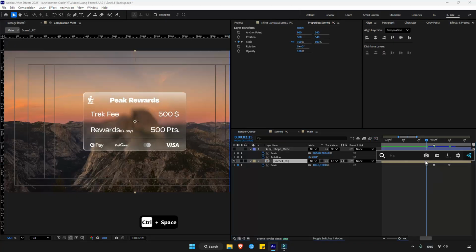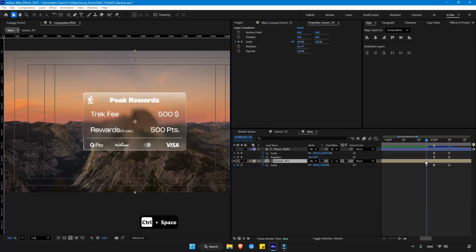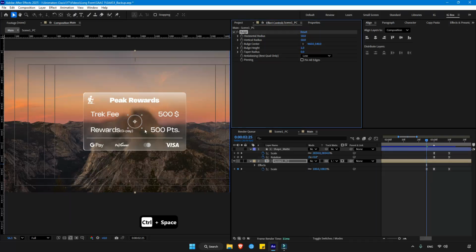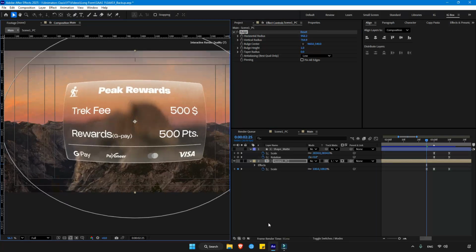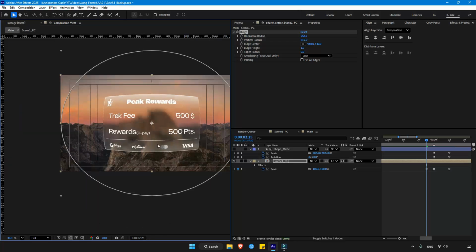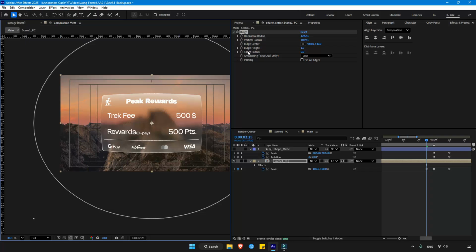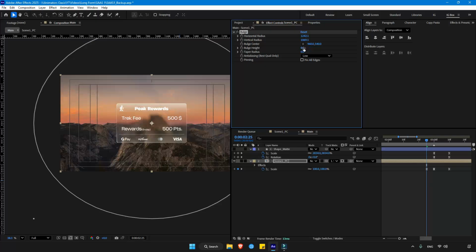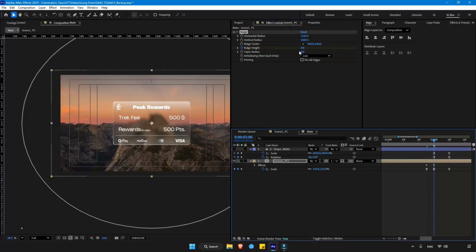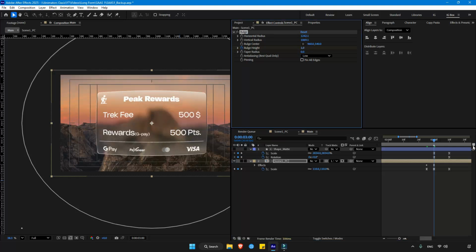Now let's apply an effect called bulge to the scene 1. Just change the horizontal radius and vertical radius by dragging this circular object that you see. And here we are going to animate the bulge height for that effect. So add a keyframe on this frame, then move ahead and add a keyframe. Change the value like from 0 to 1